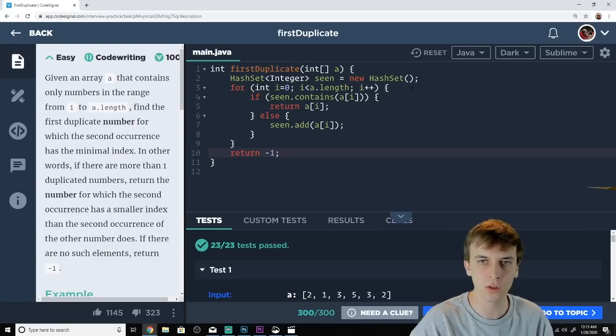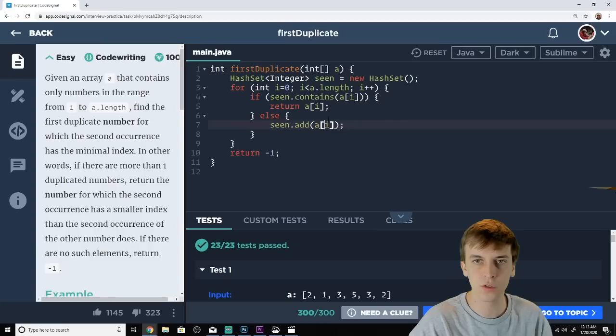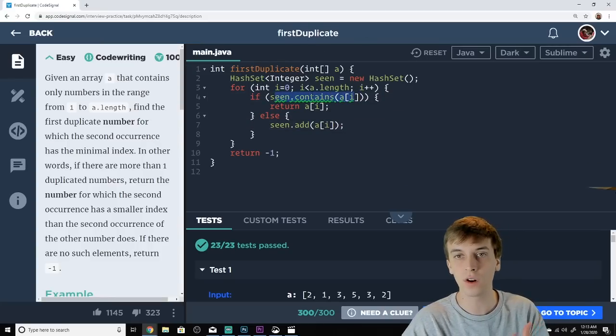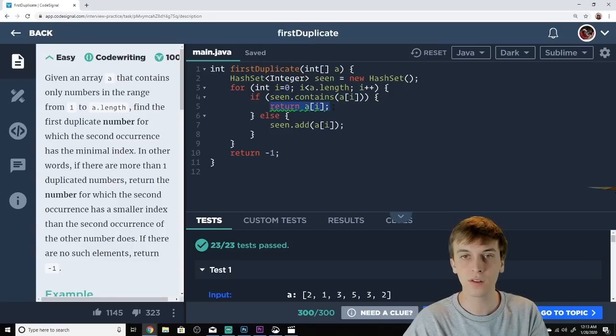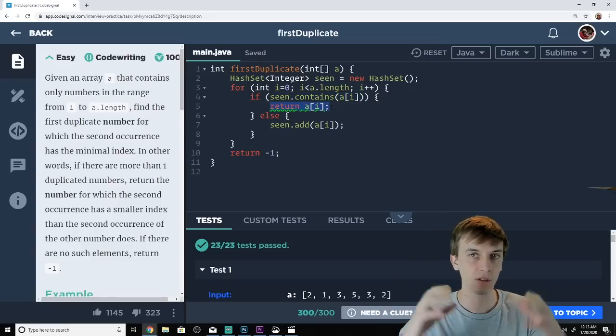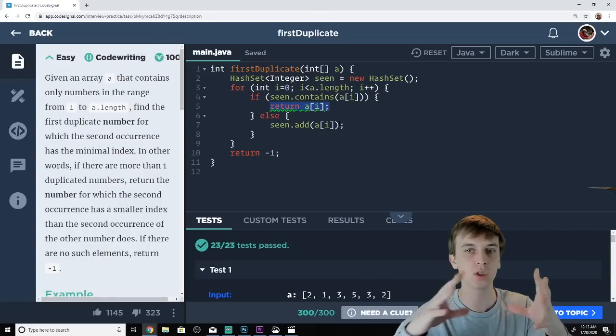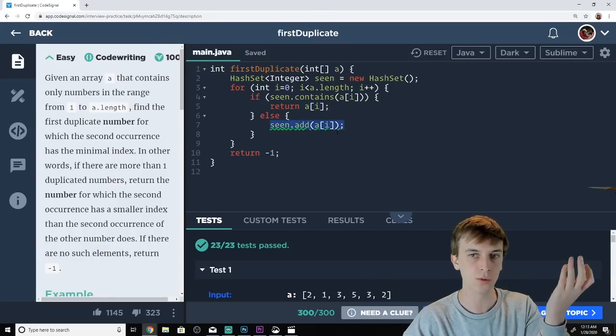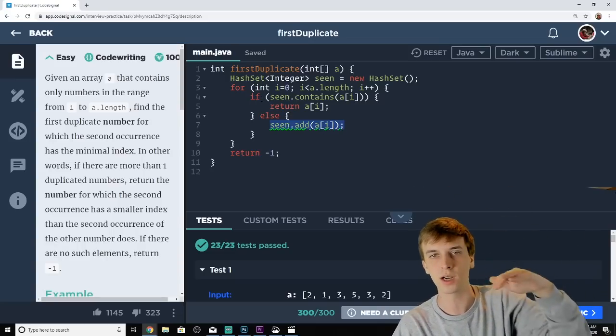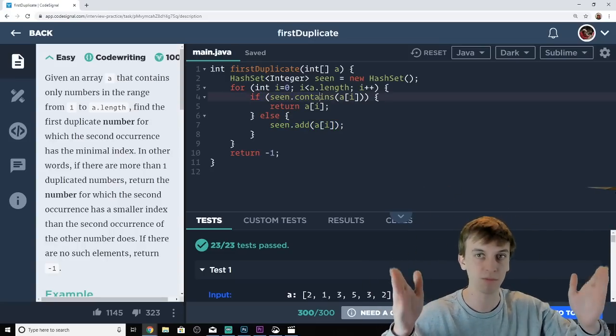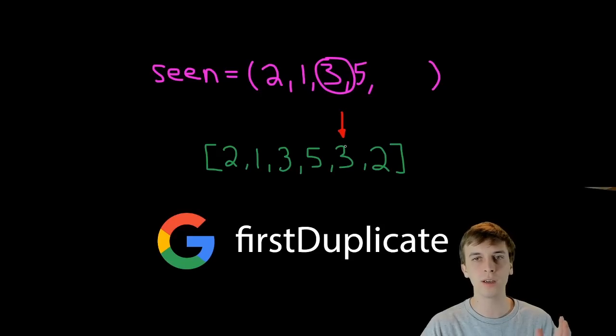You can see how it's looping through each index in the array, adding them to the hash set until it sees one. It's asking, is it already in the hash set? If it is, then we saw it twice. So that's the first complete duplicate, and we return, we're out of the function. Otherwise, we're just adding each one until we see the complete duplicate. Get it? The only downside to this solution, and this is a good solution,